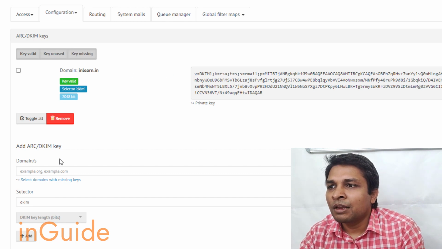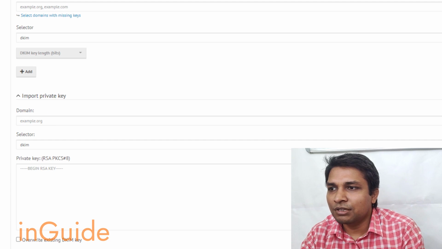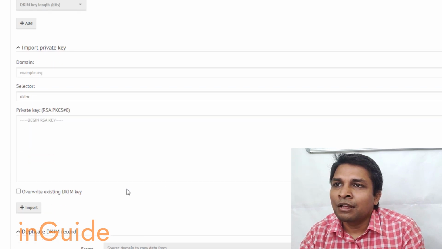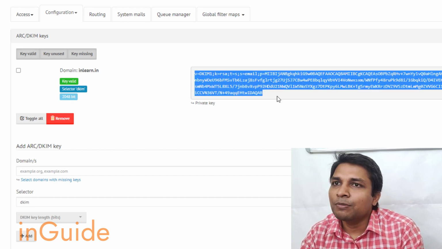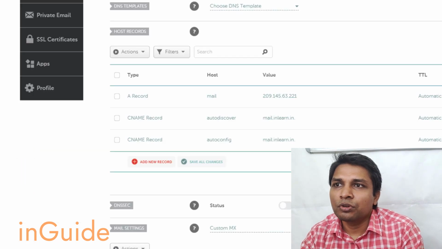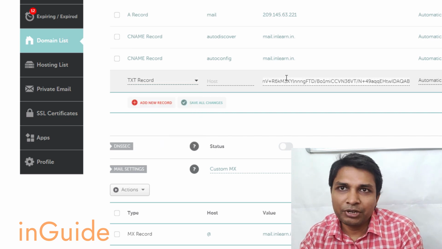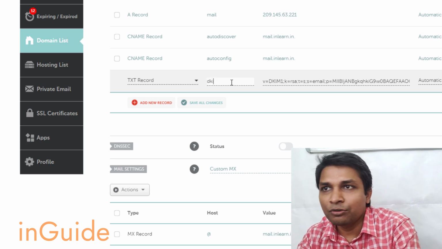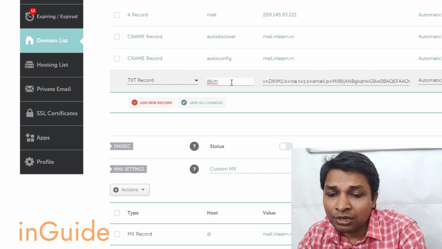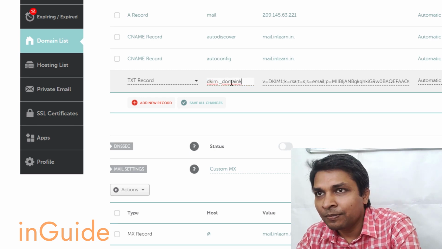You can explore other things as well if you like, and you can copy this DKIM key from here, go to your domain registrar, add new record, and then TXT, and in value you will paste that value, and in host you have to type your selector, which is dkim._domainkey.